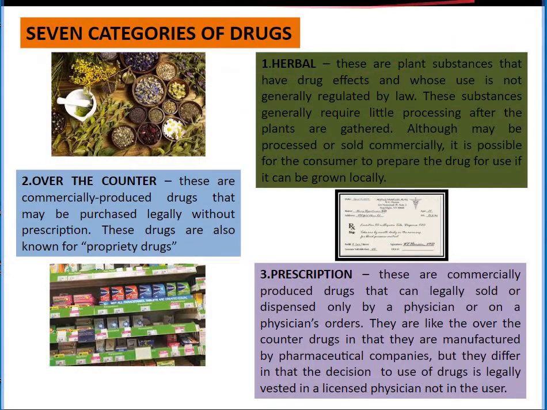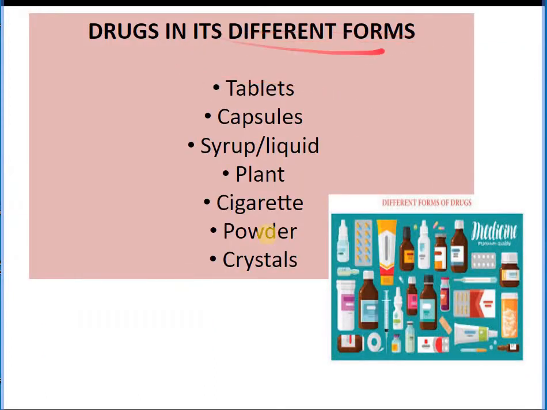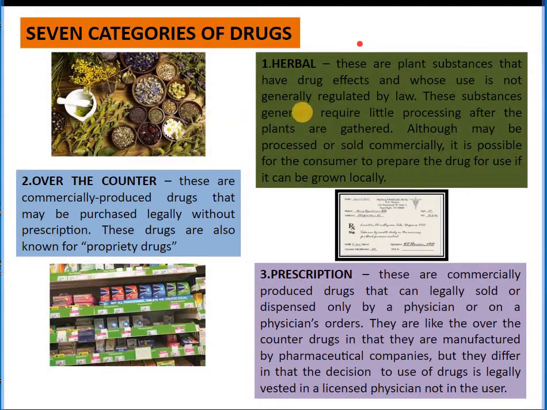So, we have 7 categories of drugs. So, yung kanina, forms yan, kung ano yung itsura niya. Ito naman, categories of drugs. So, number 1, we have herbal. So, ano yung herbal? These are plant substances that have drug effects and whose use is not generally regulated by